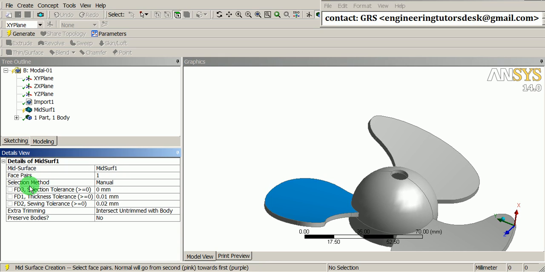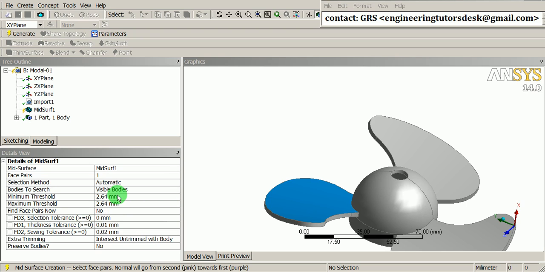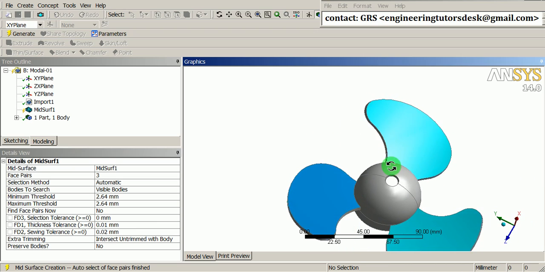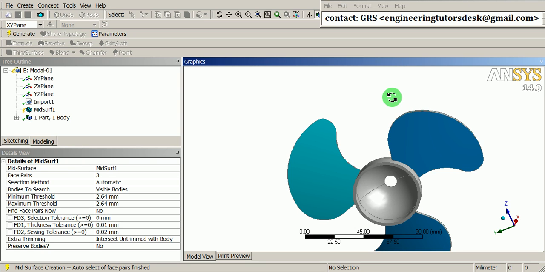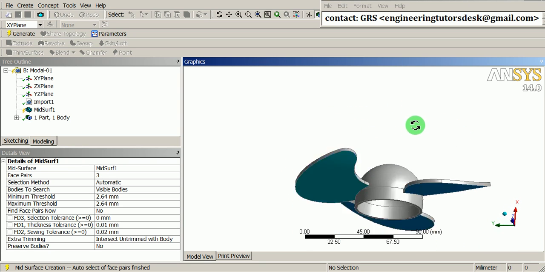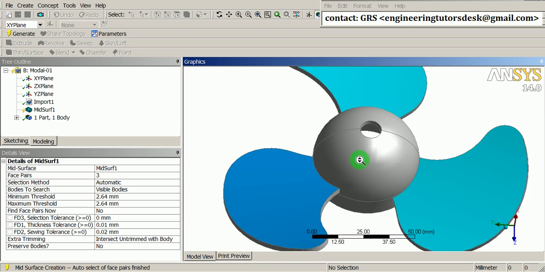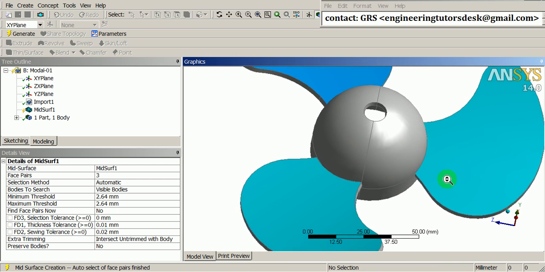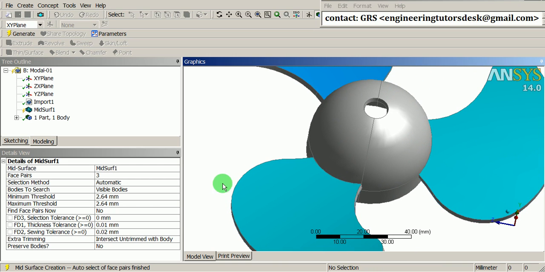Under the selection method, pick on Automatic. Now, under Find Face Pair Now, pick on Yes, Add Face Pair. Automatically, 3 face pairs got selected, including the face pair selection which we did manually. The rotor center hub is not included for the mid-surface extraction. Hence, pick on the face pair here